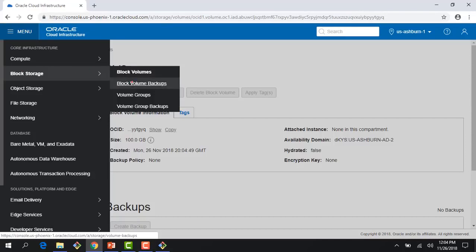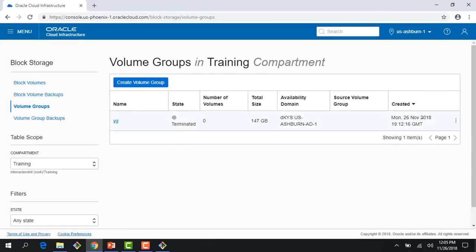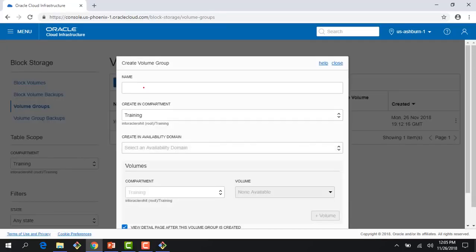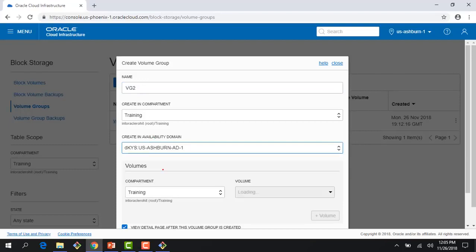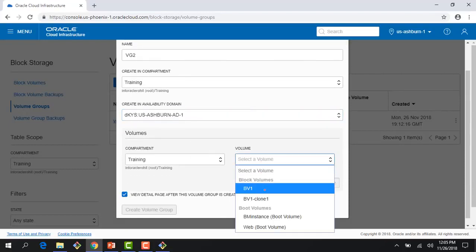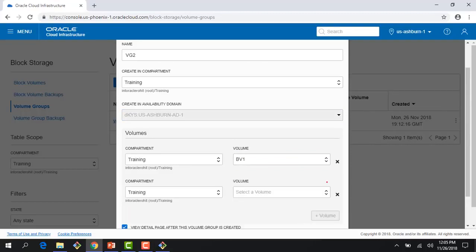Now I create volume groups here, and I had a volume group created earlier. I was testing this feature. I'll say create volume group, and I need to provide a name here. So I would say volume group 2, and it asks which volumes are to be in it. I would say where the volume group is to be created, so I would say create it in AD1, and then it says pick a volume. So I would say block volume 1 for my AD1, and then it says pick another volume,